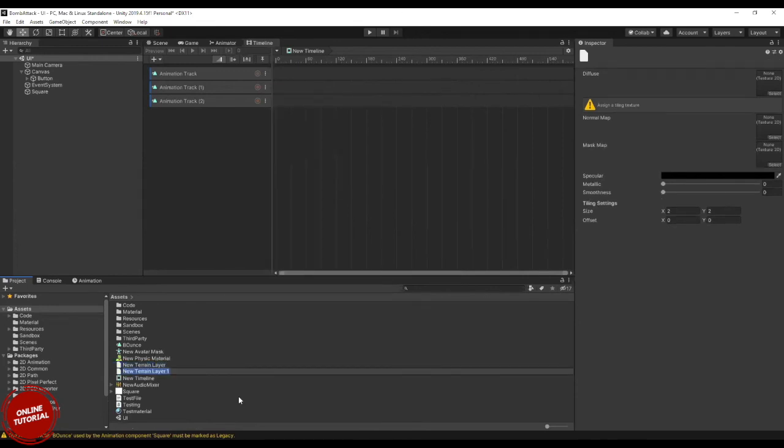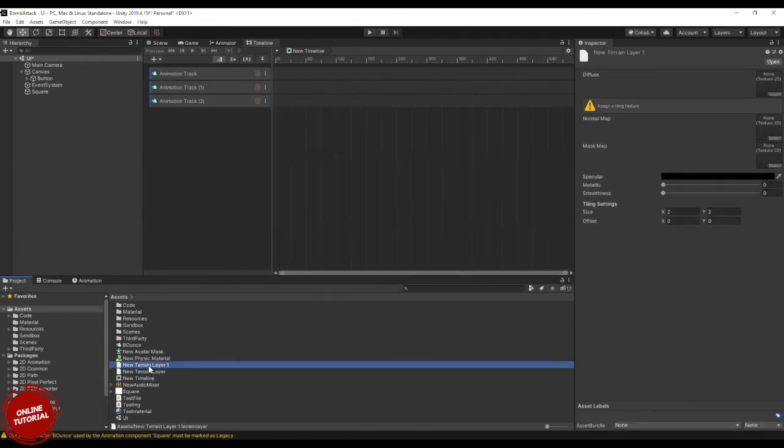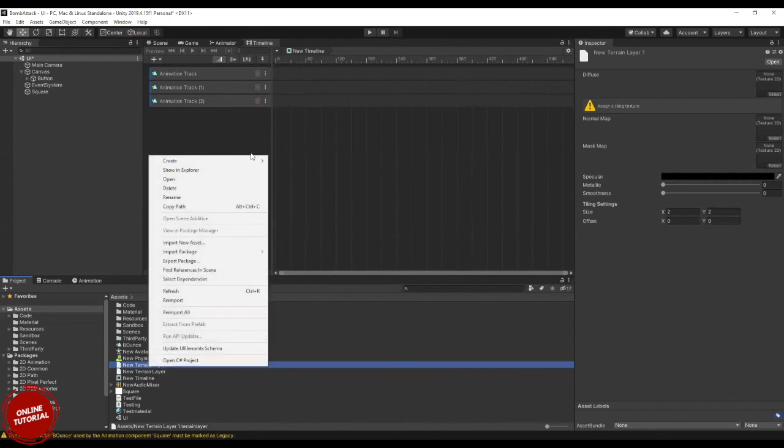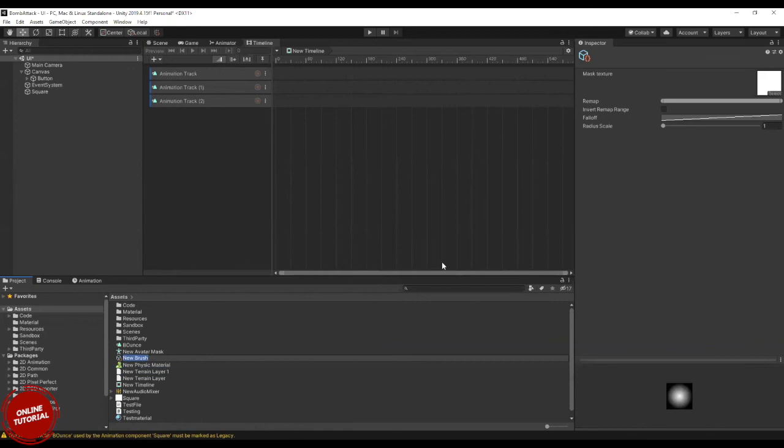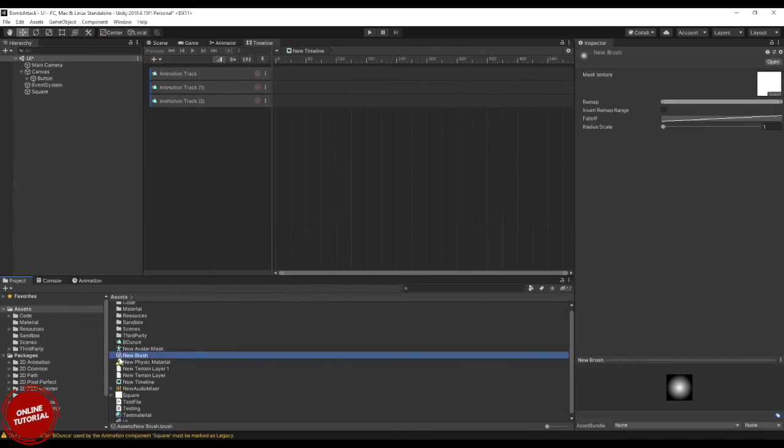Terrain layer. Let me have a brush first. So I have this brush. This brush will have a texture. What will the texture type of your terrain be, whether sandy or rocky?